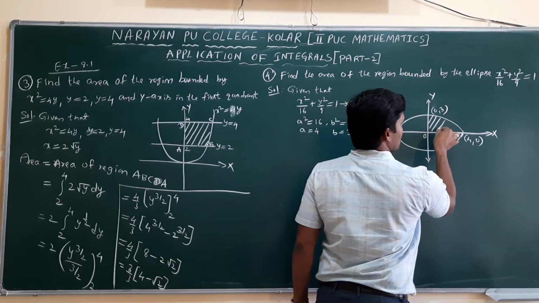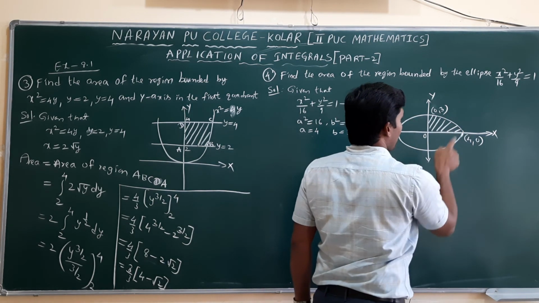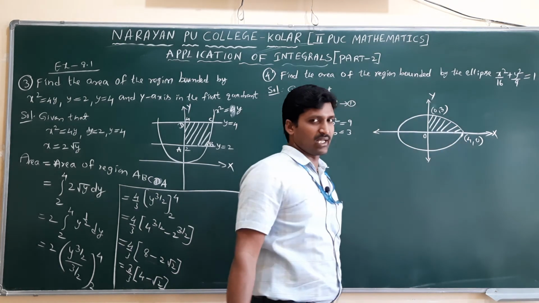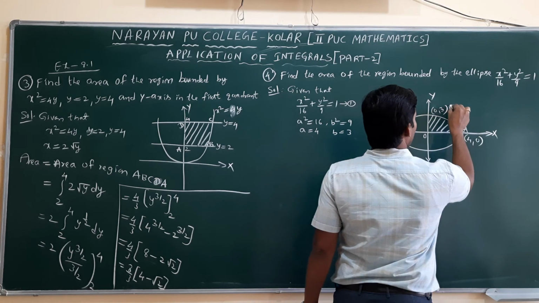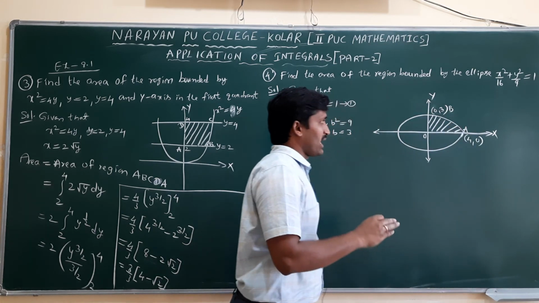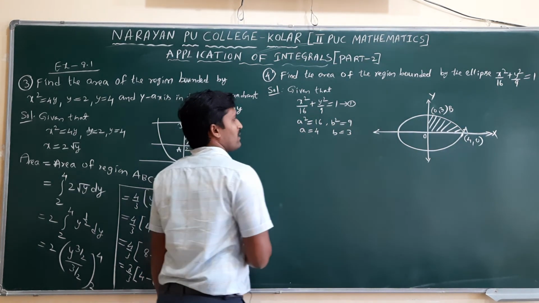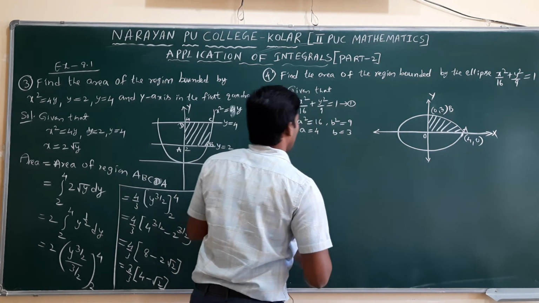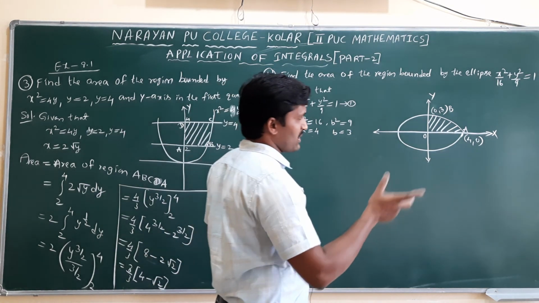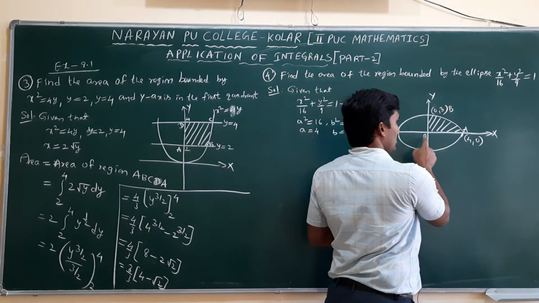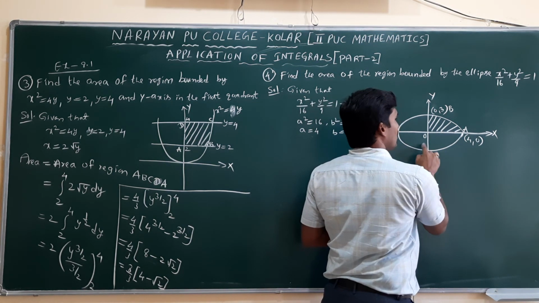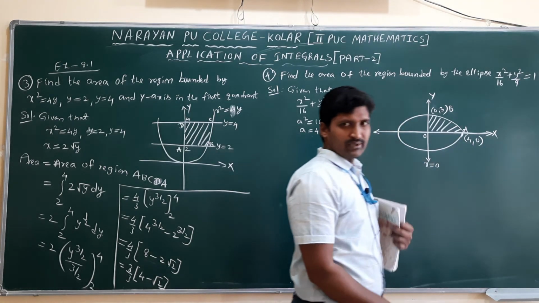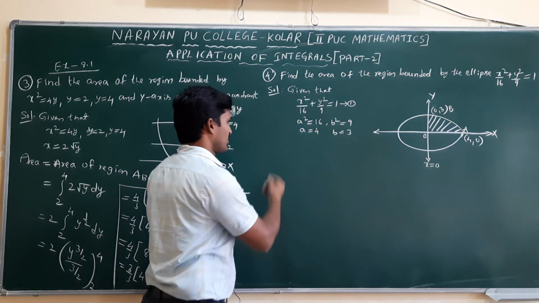I will make it 4 times, because the total area of the ellipse has 4 equal bounded parts. That's why I will find the OA, BO region and make it 4 times. Okay, now we can find the region. I will take with respect to x, which means we need to take x limits only. Here the lower limit is 0 because on the y axis x value is 0, and the upper limit is up to 4. That is the restricted area we need to find.